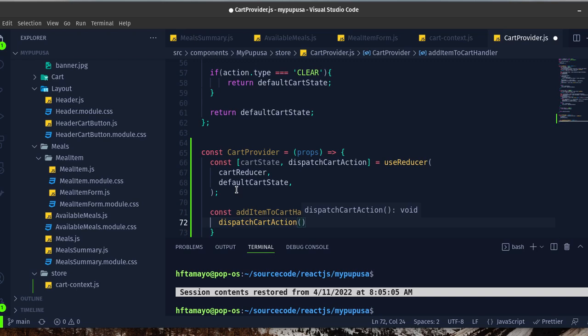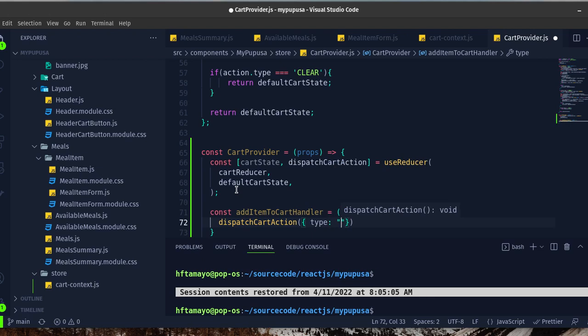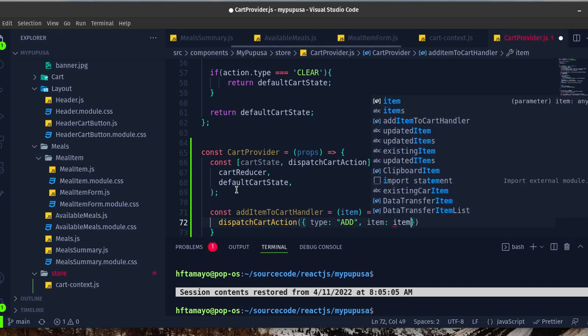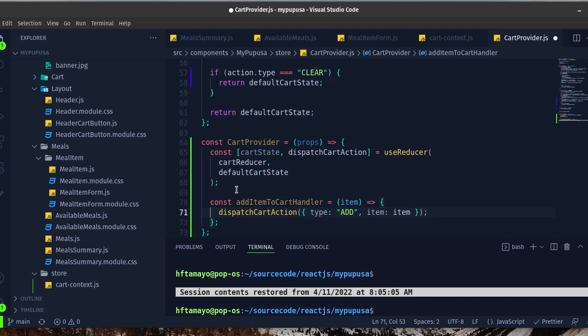So let's use the first one. In case we are adding a new product, we need to pass the item as a props,